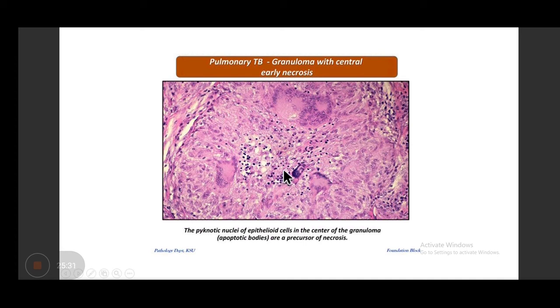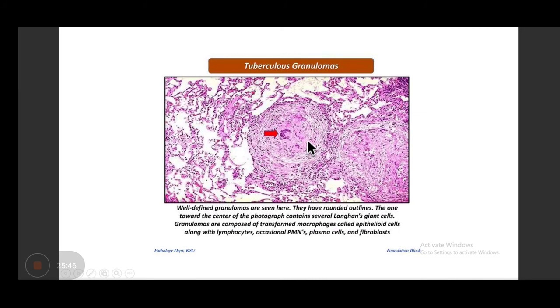Mostly you get this in the center. As I had shown you earlier, you get this amorphous granular debris from the caseous necrosis and beautiful epithelioid cells. Here also you're getting them, but prominently you have these pyknotic nuclei. So here now we can see this Langhans giant cell, this central necrosis, connective tissue surrounded by lymphocytes. This cuff of lymphocytes is there, and you have your giant cell as well.